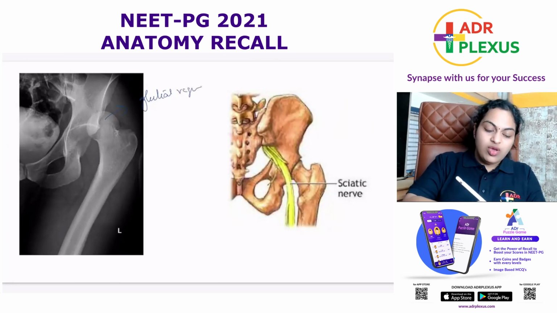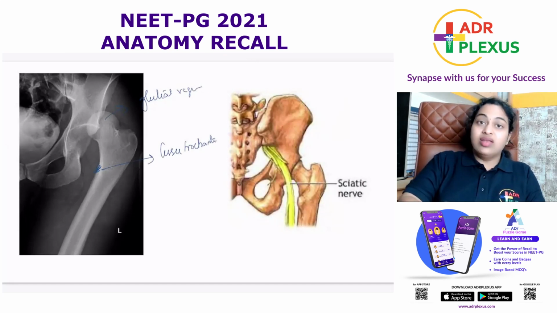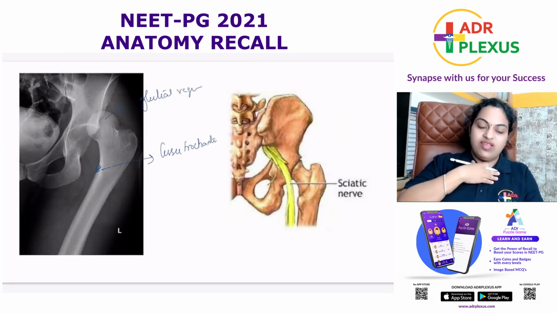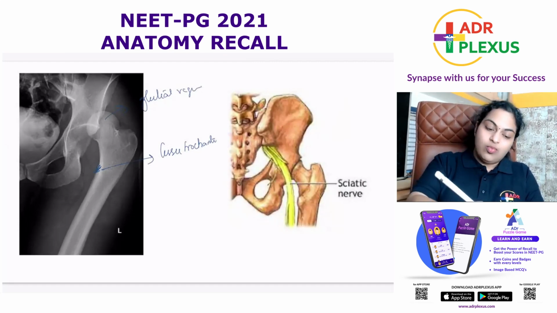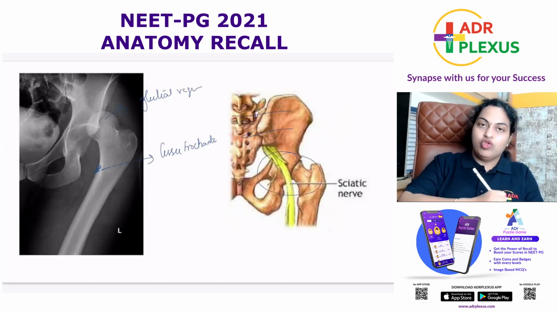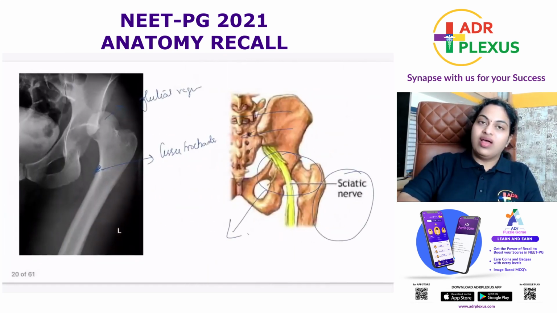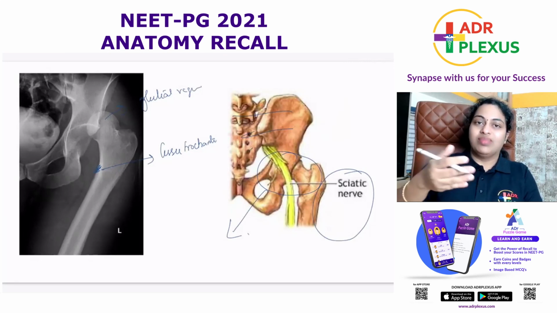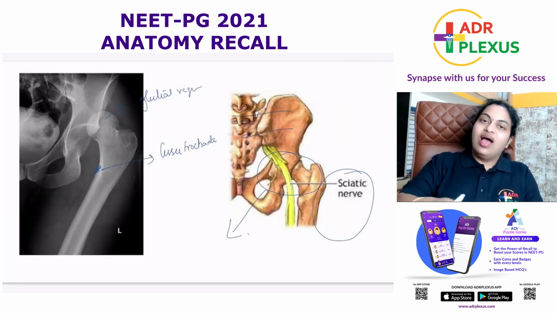Another point, it's just because of the internal rotation attitude of the hip, the lesser trochanter, okay, will not be prominent. It's turning medially. And another question that you might relate to this is the sciatic nerve lies, this is a posterior view, okay? You can see the sciatic nerve lying immediately behind the hip joint. So in a posterior dislocation, the nerve that gets injured is your sciatic nerve. And sciatic nerve, you know, it supplies most of your hamstrings and the muscles of the leg, both the anterior compartment, posterior compartment, and the lateral compartment, and the foot.